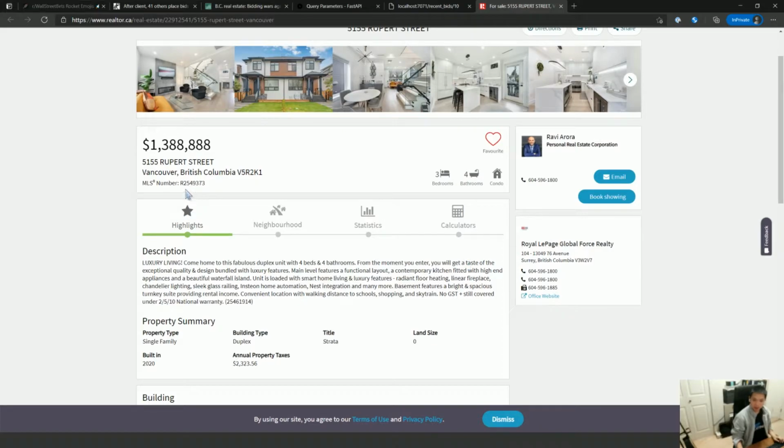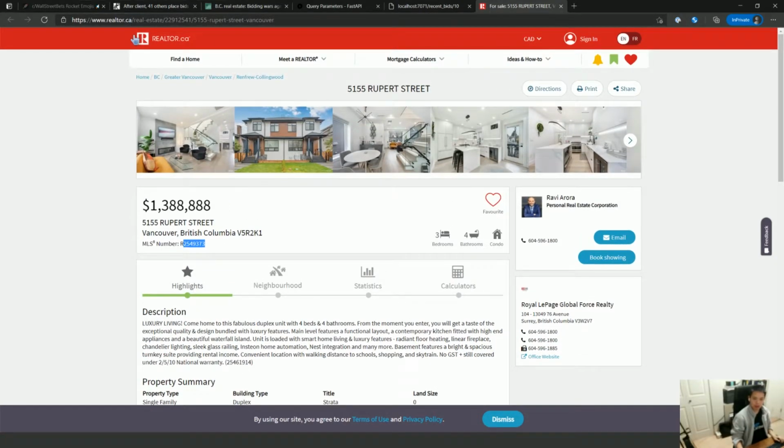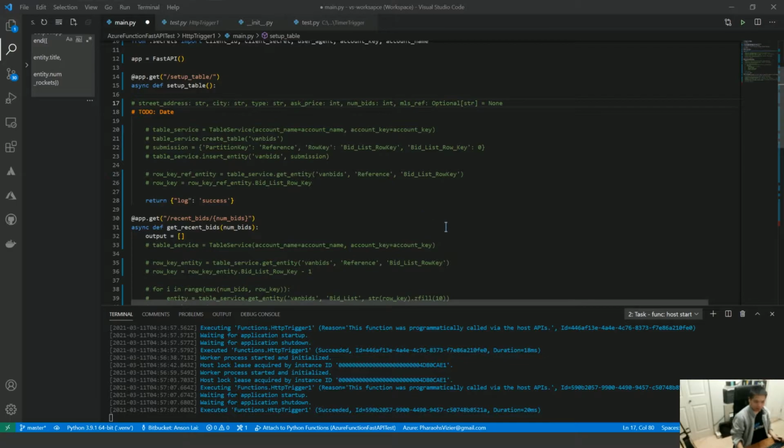Here we go. The MLS number is like a reference number. If you go to realtor.ca or if you use their system, they seem to have like an internal tracking system. So the hope is that if they are able to supply that number, and I've kept it optional, in the future, I may be able to pull information back in.